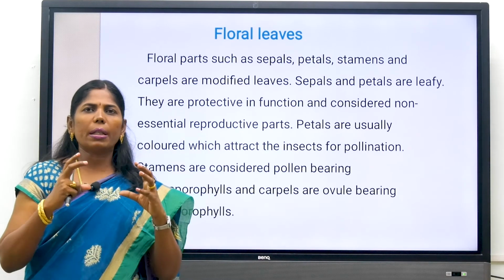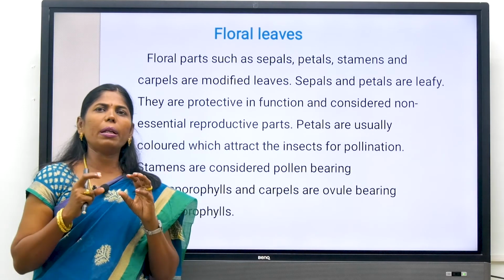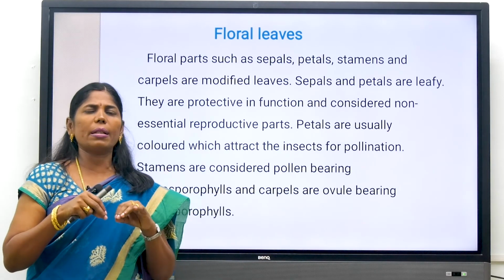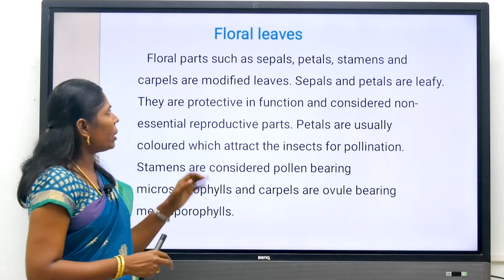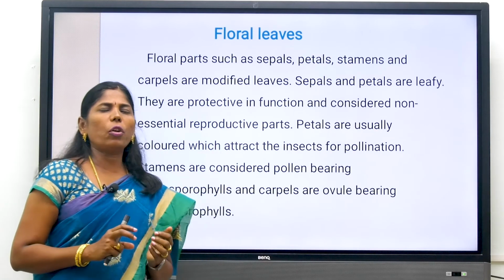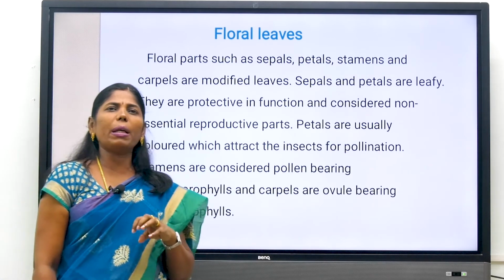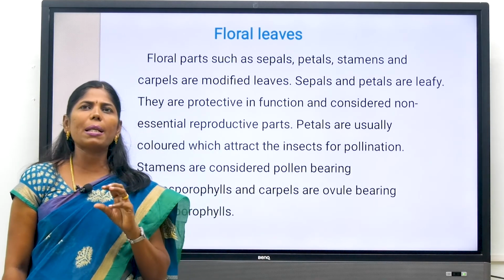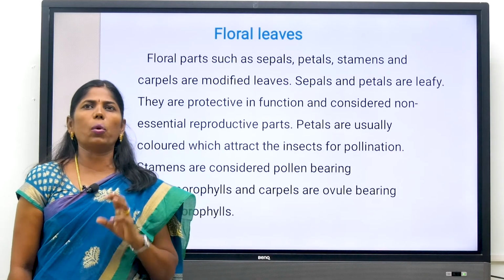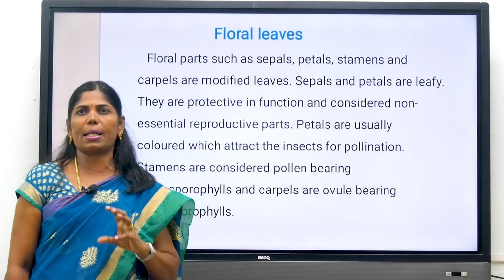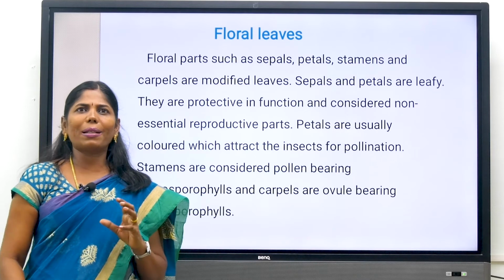Except the necessary organs, the very important organs, androecium and gynoecium, because they are involved in sexual reproduction. What about the calyx and corolla? They are accessory parts. That is what we call floral leaves. The sepals, petals, stamens and carpels are all floral parts. Mainly, sepals and petals are accessory whorls, and stamens and carpels are the necessary whorls. Stamen is the male sex organ and carpels are the female sex organ in the flower. The sepals and petals are leafy-like structures.